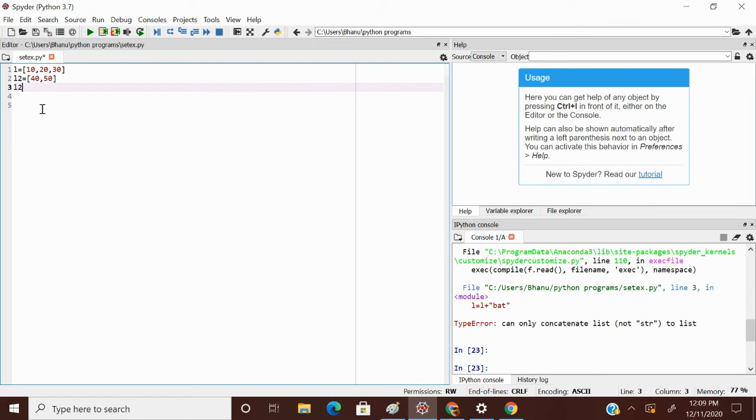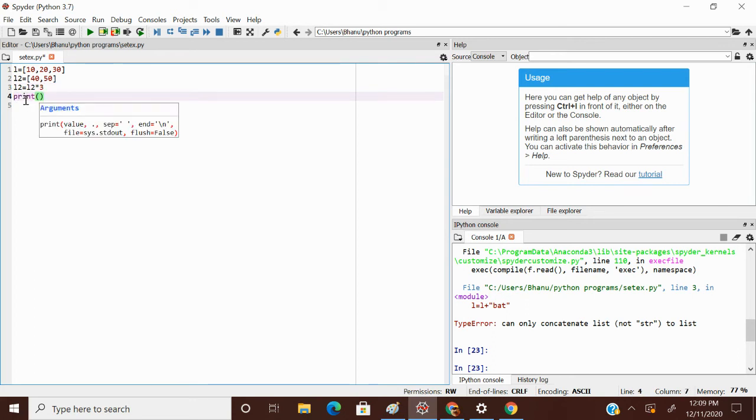L2 is equal to L2 star 3, print L2. My output will be L2, that is 40, 50, three times: 40, 50, 40, 50, 40, 50. This will be my output.